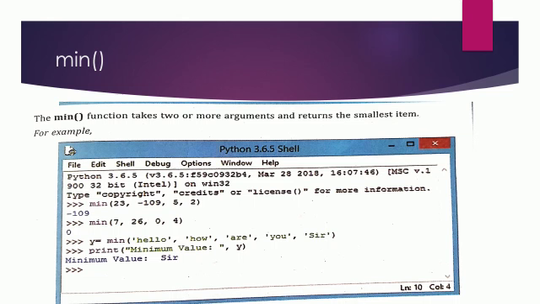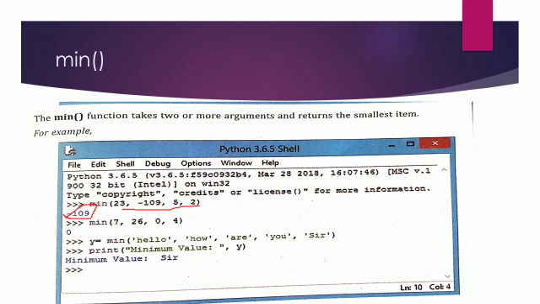Then again, the min function. I don't have to explain it so much, I think. The min function also takes two or more arguments and then gives the result. You can see a single negative number is here, and you also know that negative numbers are always smaller than positive numbers. So the only negative number here is minus 109. So this minus 109 is shown as the output. Okay, now that is a normal example.